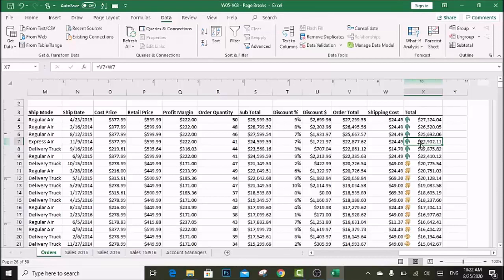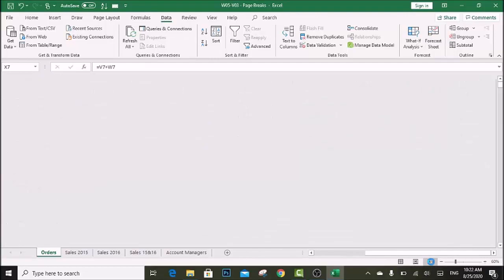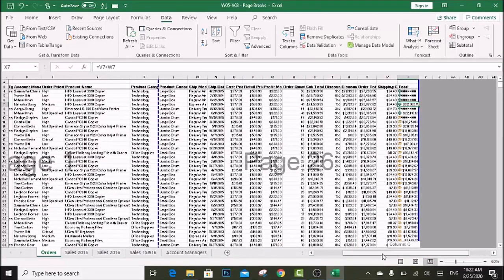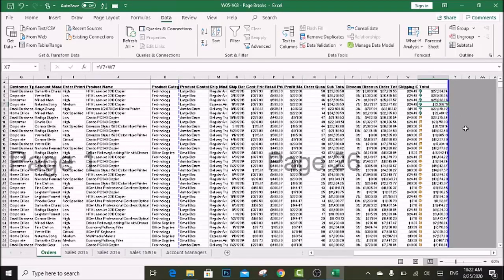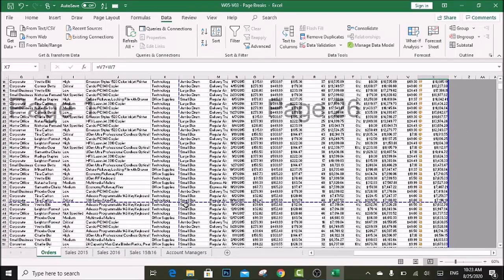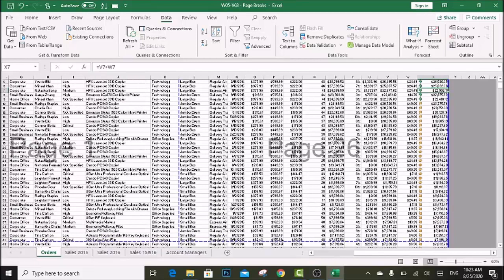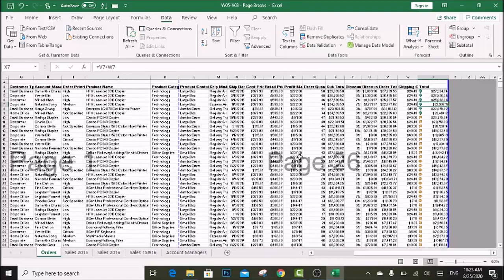Now I will apply page breaks, and here you can see in the status bar, right next to the page layout, there is a symbol for page break. I will click on this. Page breaks have been applied to the worksheet and these blue lines are showing that the page breaks have been applied. But the blue lines are dotted, and this shows that they can be moved. So I will move this, and I want to separate each symbol on a single page.